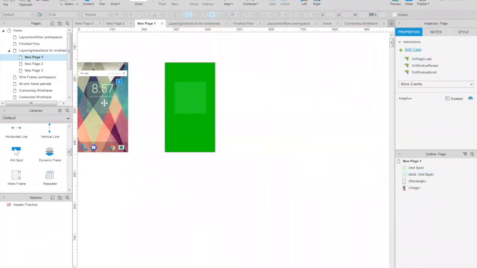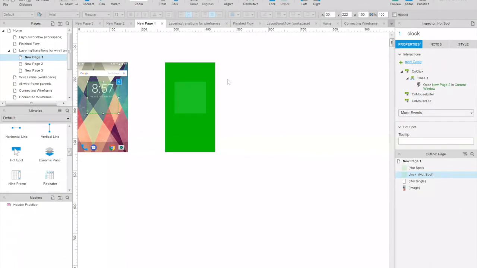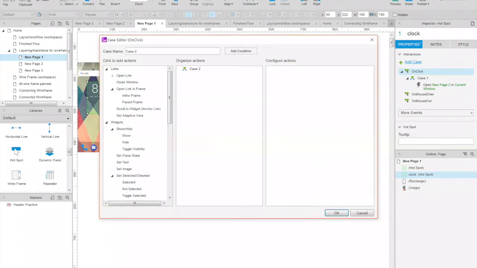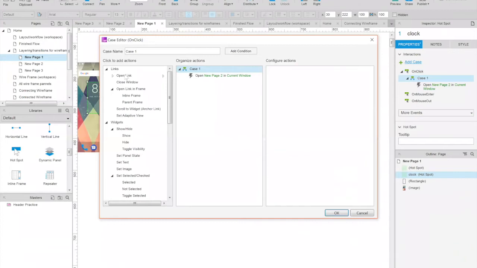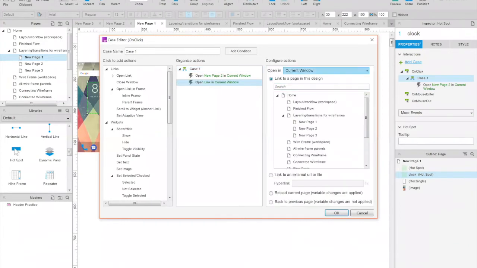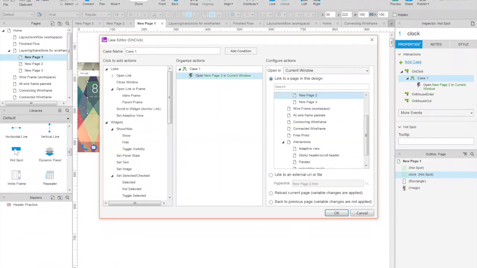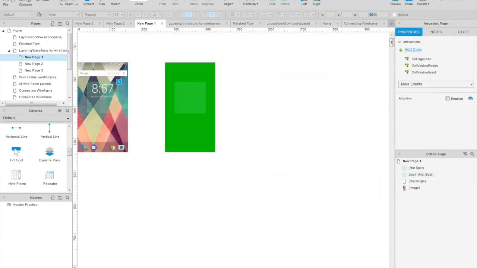Where did you go to get that? Yeah, I'll do that again. So you click on your hotspot, you go to your on click. And then under links, you can go to open link. It can open an external link, but for this case, we're just going to open another link. We're going to link it to the page that we added our second clock widget to, which is our new page 2. So now if we just go to preview this,